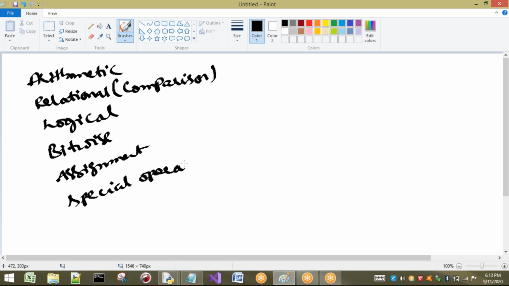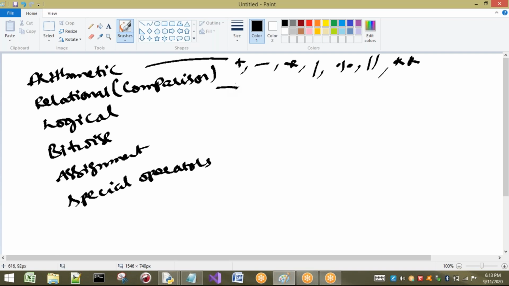First, let us see briefly what the arithmetic operators are. They are plus, minus, into, divided by. This is division, which returns a floating point. Next, this is modulo. This is floor division. You have to understand the difference between the normal division operator and floor division. One thing you have to understand in arithmetic operators: there is no concept of increment and decrement operators. These are not present.